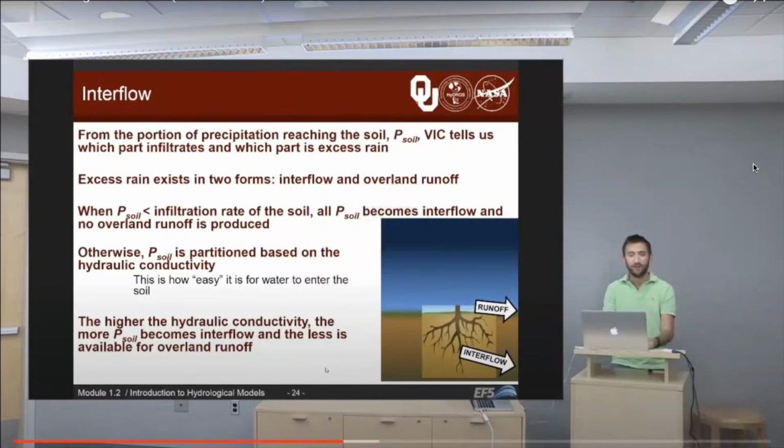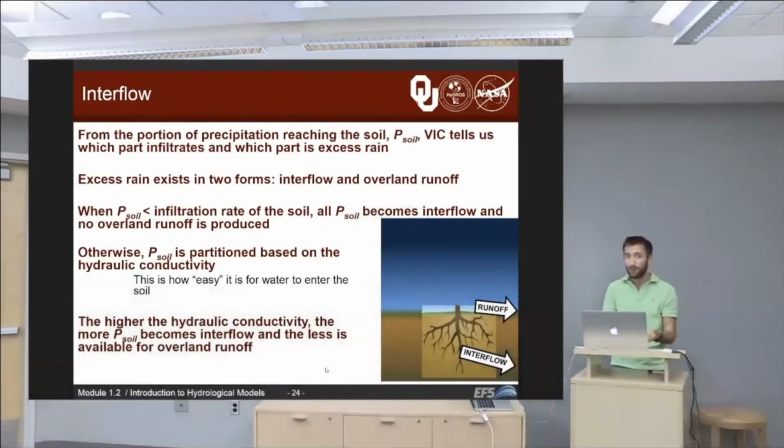And that's how easy it is for water to enter the soil. So if you have some sort of soil with very fine particles that are compressed close together and water can't